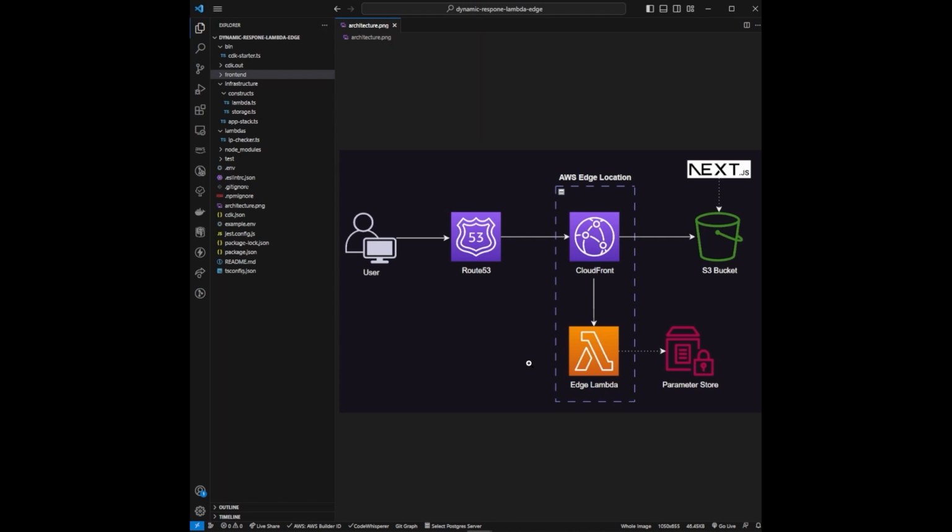Let's start by taking a look at our design diagram. We have our client which sends a request to Route 53 for our domain. We host our domain on the Route 53 service, and we need to configure our DNS settings for an A record to point to the CloudFront distribution. Then a request will arrive on the network of Amazon CloudFront, and depending on the distribution